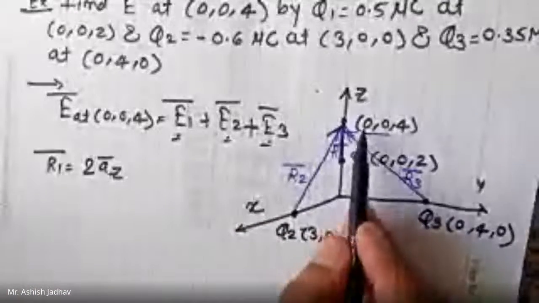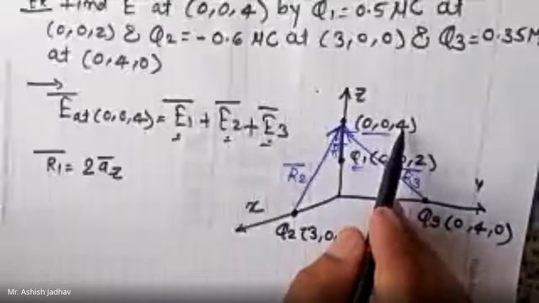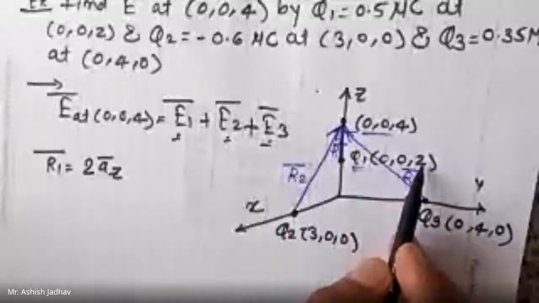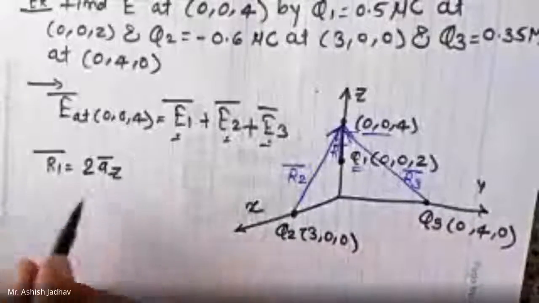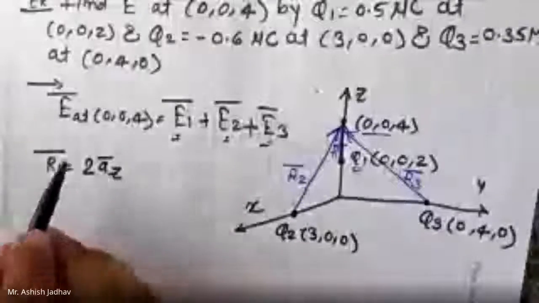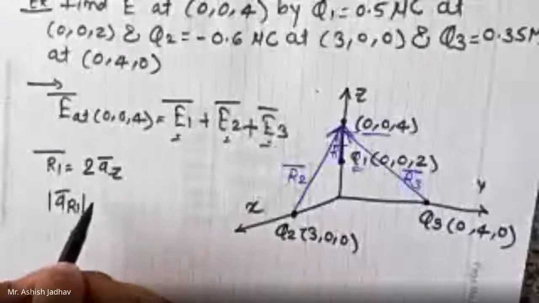बघा समजतंय का? 0 - 0 0 आला, त्यानंतर 0 - 0 परत 0. इथं 4 - 2, आन्सर इज 2 a bar z, राईट. हा झाला R1 bar. मग याच्यावरून युनिट वेक्टर, हाऊ वी विल कॅल्क्युलेट युनिट वेक्टर? a bar R1,